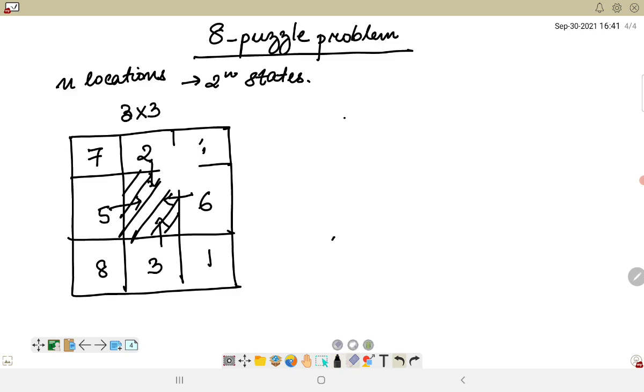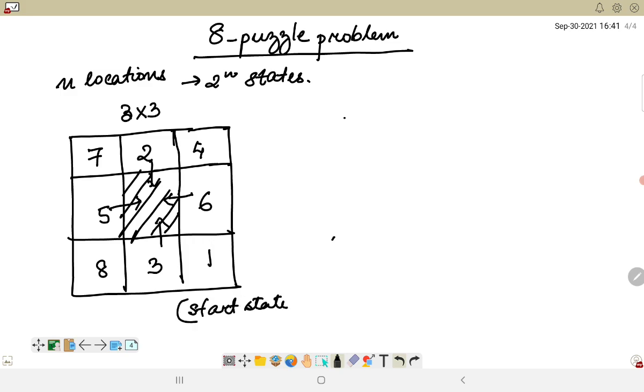So 4 cannot come here, because diagonal movement is not allowed. However, from the sides you can make it move to the center. It is up to you. And the object is to reach a specified goal state, such as all of them lying in a very synchronized manner. So this is probably my start state,